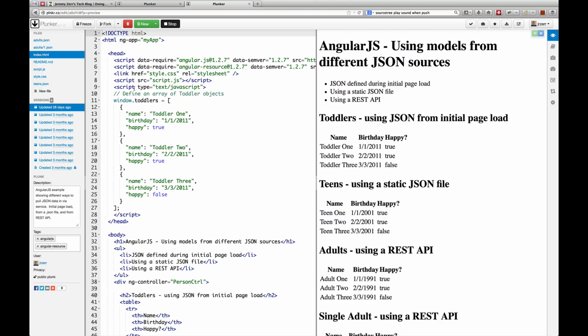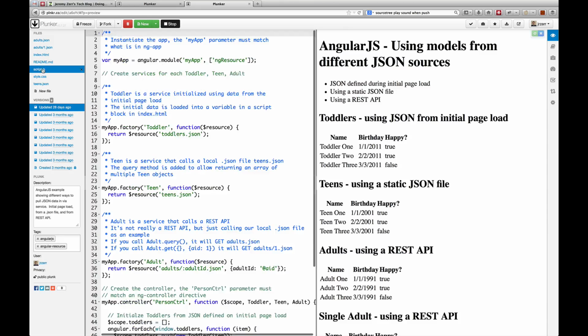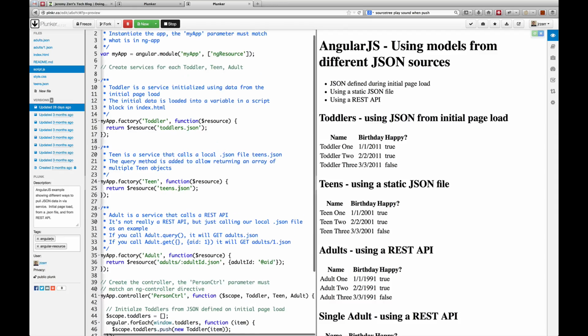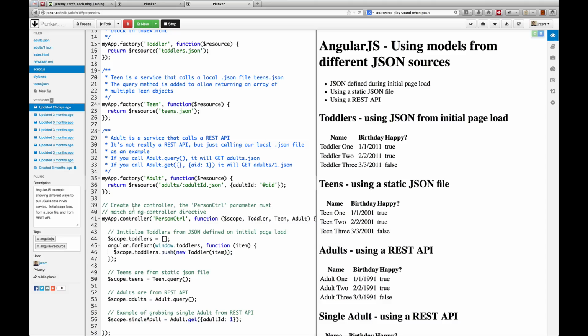I just have in a script tag in the header, a window.toddlers equals that same code that we had in the previous example. So instead of really embedding it in the controller, making it sort of a global variable, and then how I load that in the script. And there's a lot of other stuff in here that we'll talk about, but I'm just going to jump down to the controller part. So I've named this person controller now,